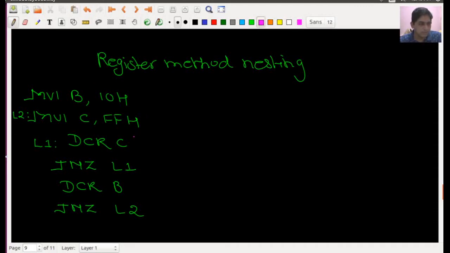I am creating this internal loop, so I am calling this loop 1. But in the loop 2, you can see that the loop 2 is like this. This is the loop 2, which is called the outer loop.